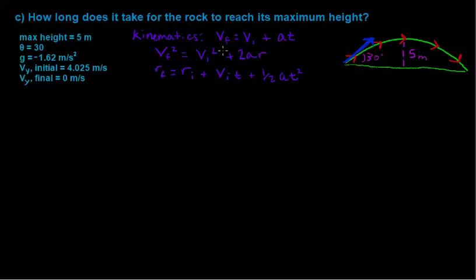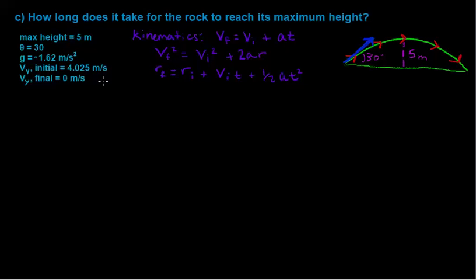So we've just finished part B of our rock launched from the surface of the moon problem, and we are now in this video moving on to part C, which says, how long does it take for the rock to reach its maximum height? And again, we are given these initial values here, some of which were given to us, and most of which now we've solved for in the previous parts,